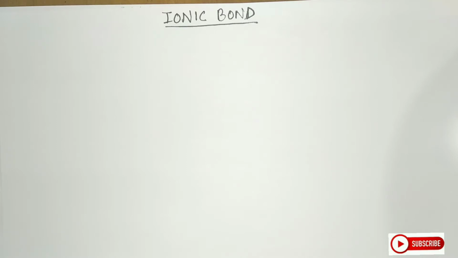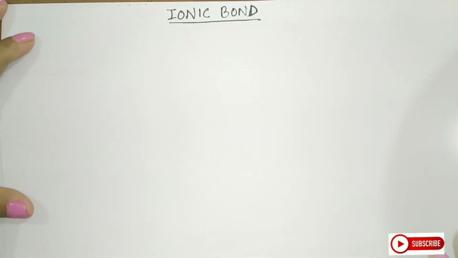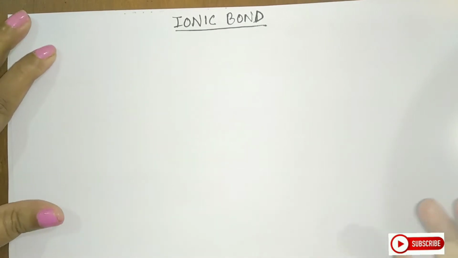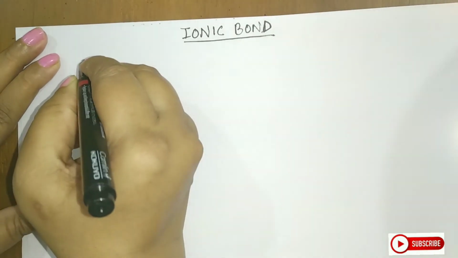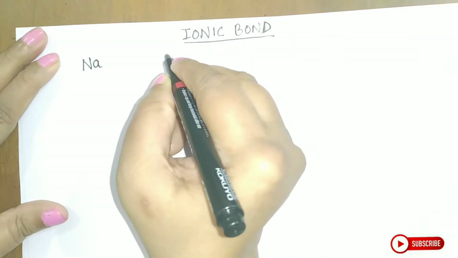2 electrons is only applicable for hydrogen, and that is where it completes its duplet. Otherwise, the other atoms try to reach their nearest 8 electron configuration, which is called the octet. Here in this video, we are going to see what is an ionic bond. To understand the ionic bond better, let us take an example and then through the example, we will create its definition. So for that, let us take an example of sodium and chlorine.